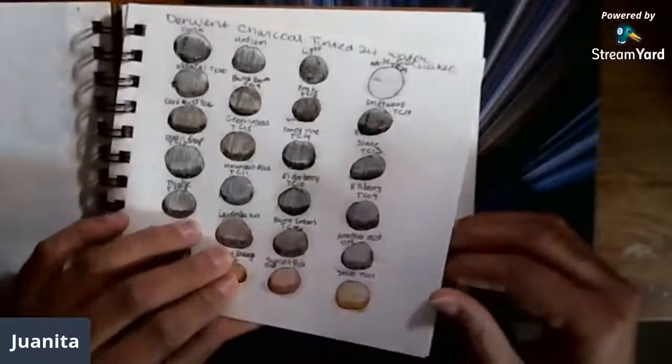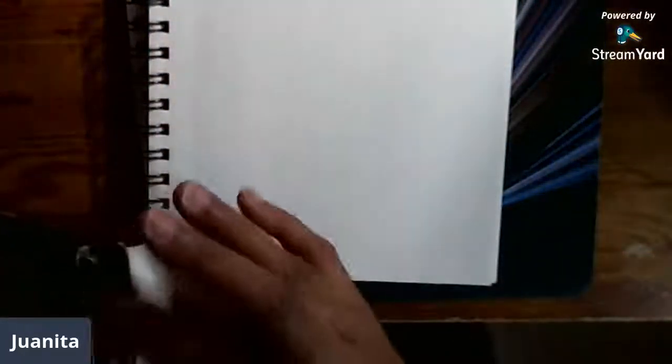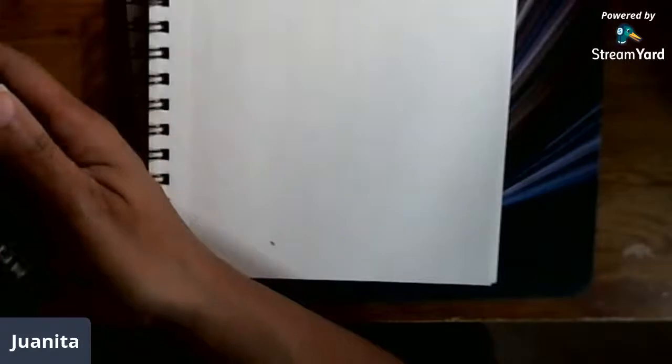So let's see, what should I swatch today? I guess I could swatch my Verithins. Like I said earlier in the video, I've had most of my art supplies for several years, and they've just been sitting here gathering dust. So these are the Verithins. I still have my student